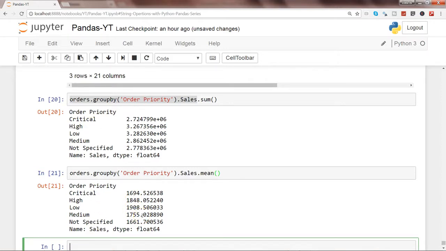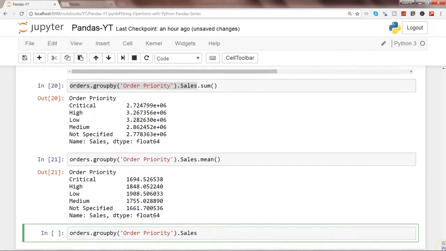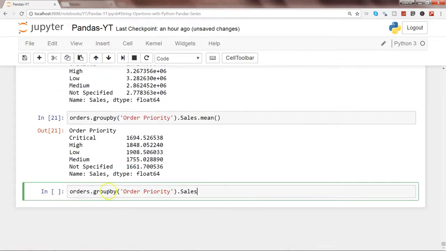Probably somebody asks you for the highest sale in the category. So again, you go ahead and get until here, orders dot group by order priority, and I'll scroll it a bit down. Yes, orders dot group by order priority, and then say max.